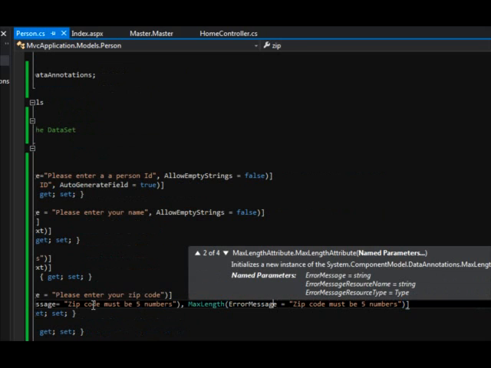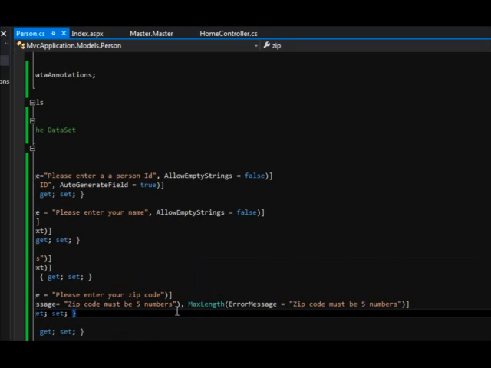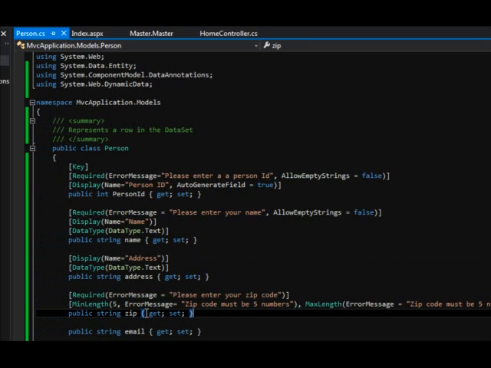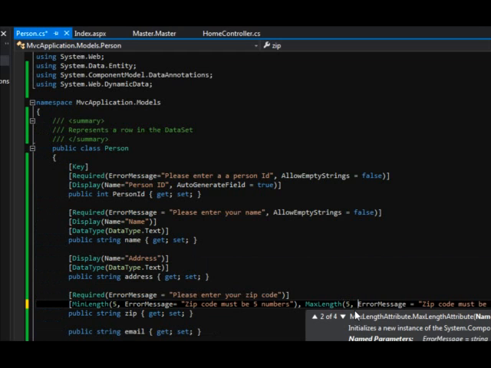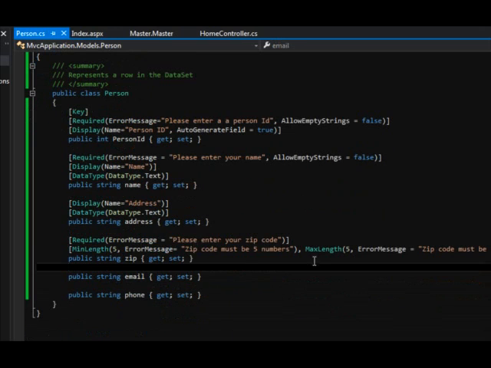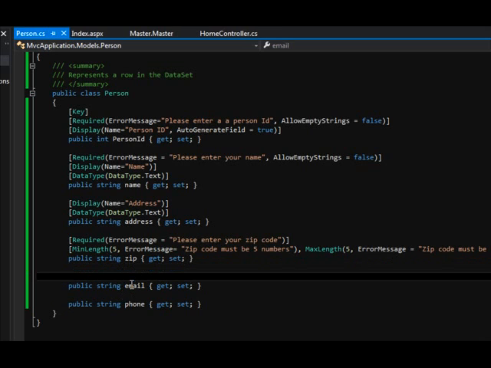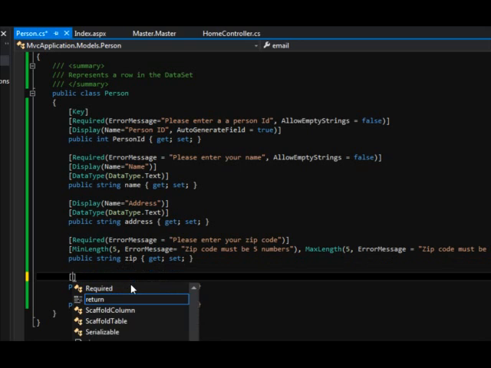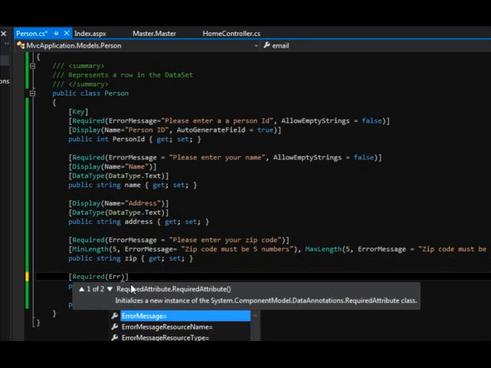You can see all sorts of stuff going on here. So that's the min length. It's the max length, right? You can see we have an attribute, right? We want the max length to be 5. So it should be 5 and 5. It should never be greater or less. So, and finally, to really wrap this up here, we're going to do a required error message